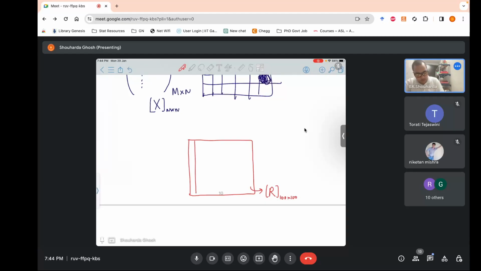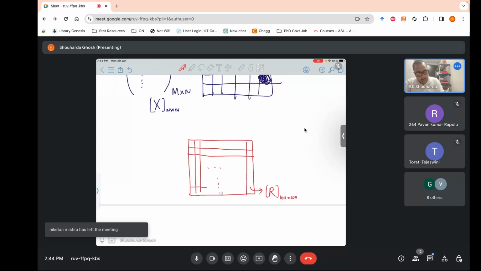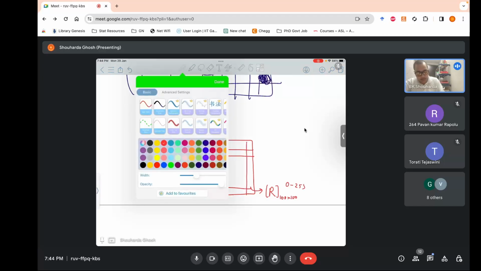This matrix by itself alone is not a colorful image. If you see it alone, it contains numbers from 0 to 255, so it's a black and white image on its own. Then there's another plane,